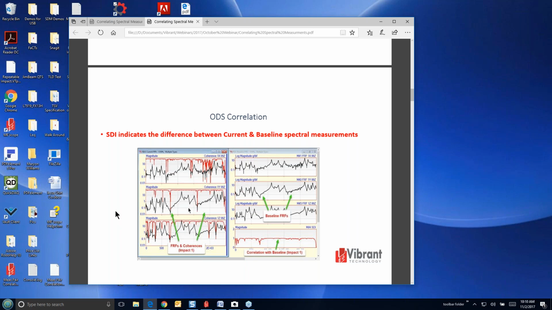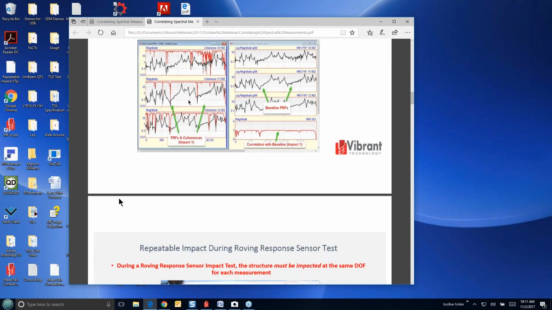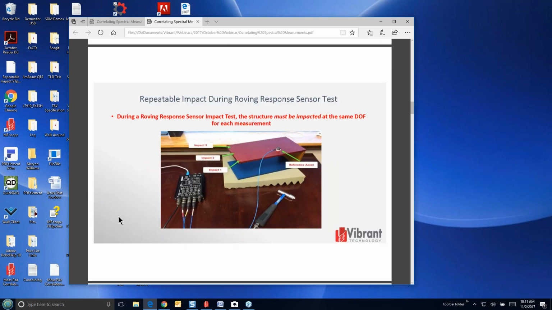In the first application, I'm going to actually impact the Jim Beam here with an impact hammer. Now here we're showing you what we're going to get when we do that. I've got a triaxial accelerometer mounted on the Jim Beam. Let me scroll down here. Here's a picture of it, and then we'll turn the camera on in a minute. So the Jim Beam has got an accelerometer just stuck on the surface.